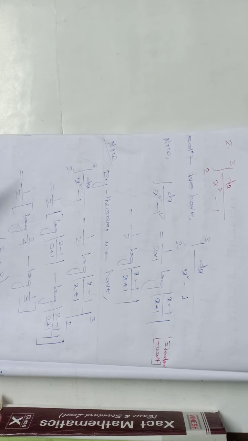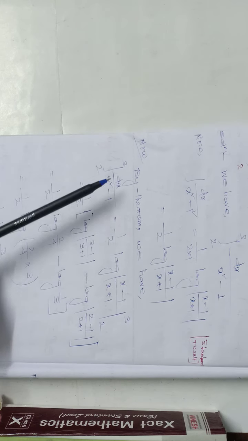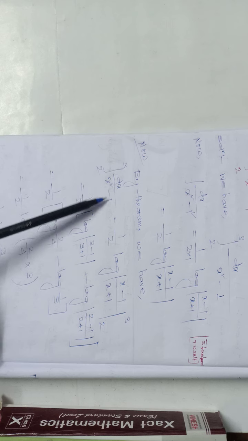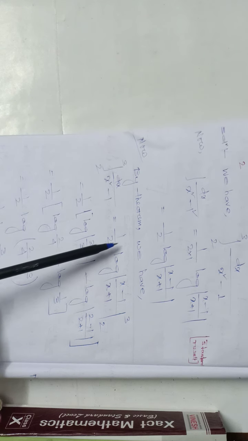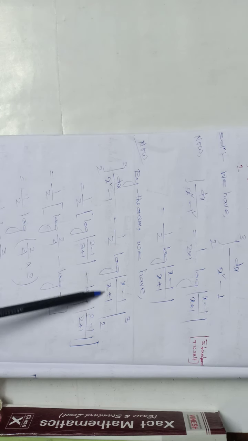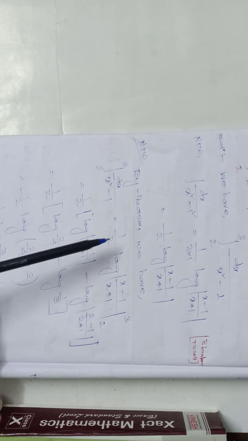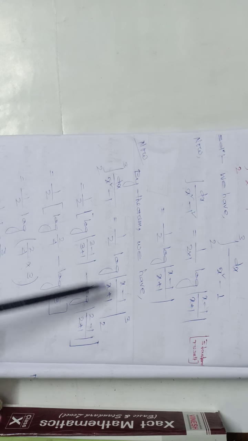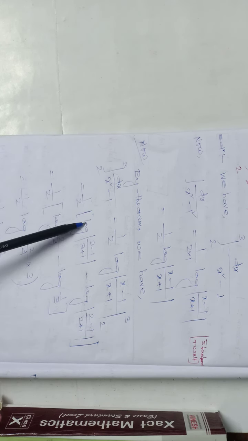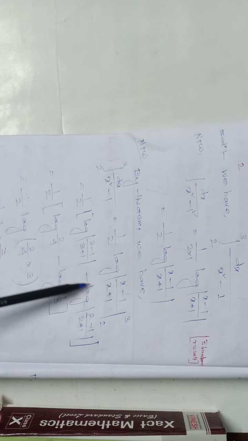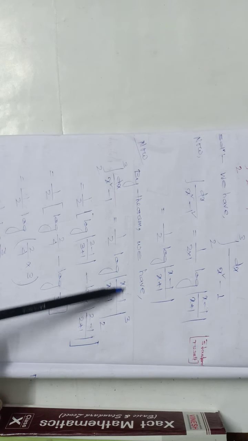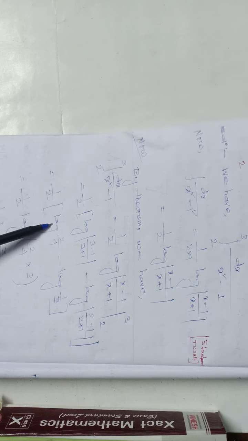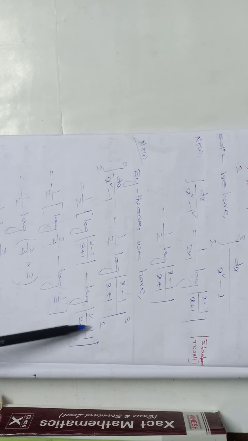how we can put the limit. The question was 2 to 3 dx by x square minus 1, and its integration is half log of (x minus 1) by (x plus 1), and the limit is 2 to 3. Half is constant, taken out. Log, first use 3, log of (3 minus 1) by (3 plus 1), minus log of (2 minus 1) by (2 plus 1). So half, log 2 by 4 minus log 1 by 3.